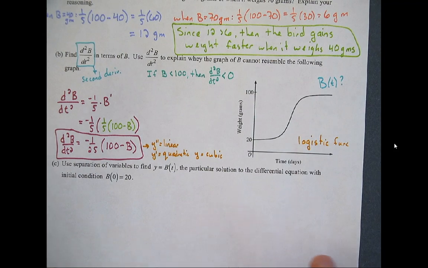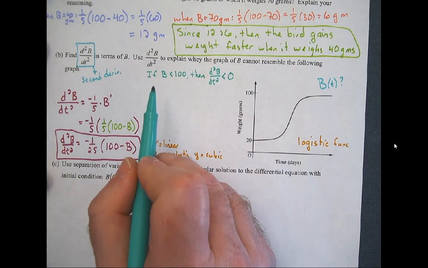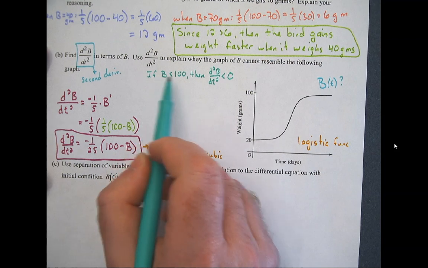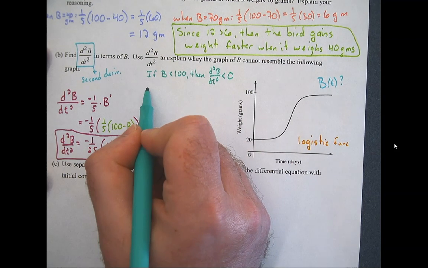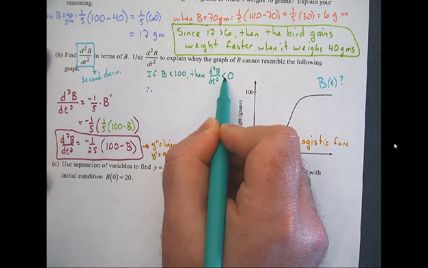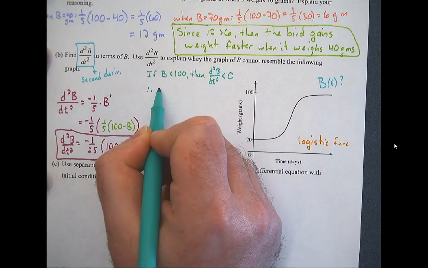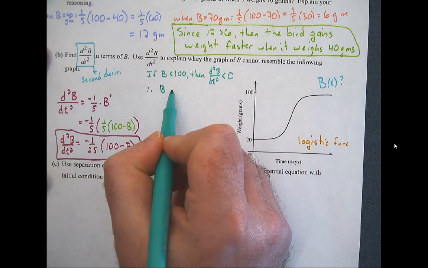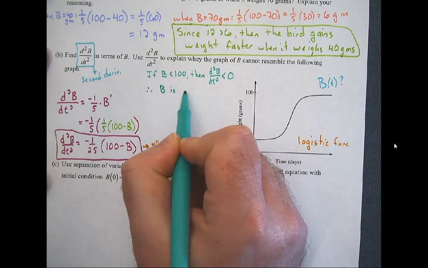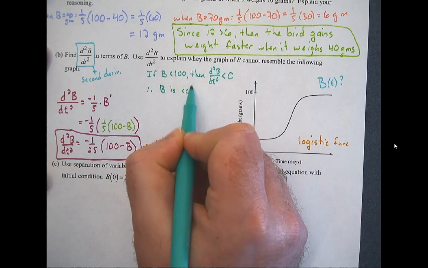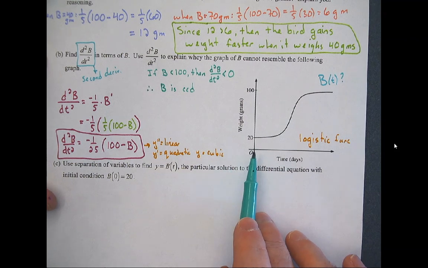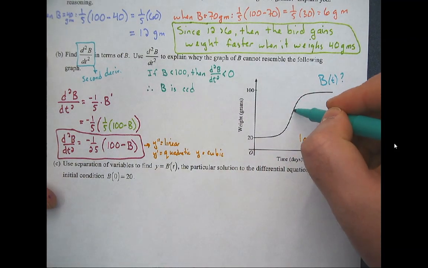Well, what did we learn about back in our derivative tests in Unit 3, I guess it was? If the second derivative is less than 0, therefore, if the second derivative is less than 0, then b, the function b, must be what? Concave down. Now, I don't know where 100 is here, but clearly from times 0 until some value here, something